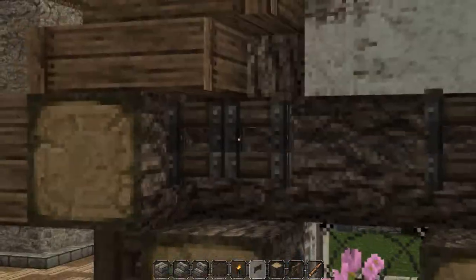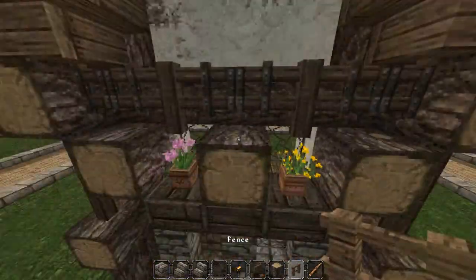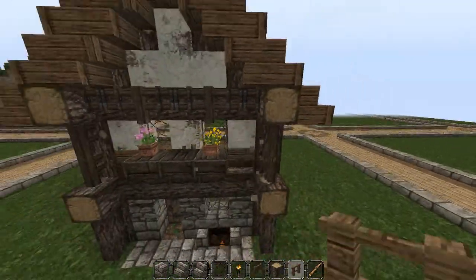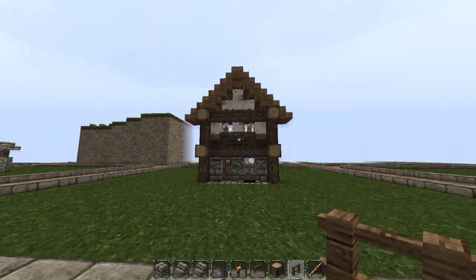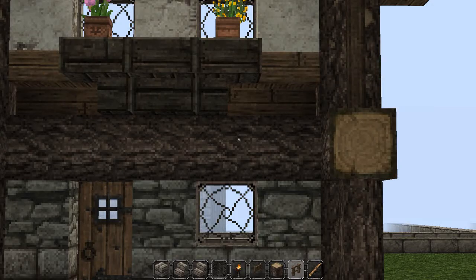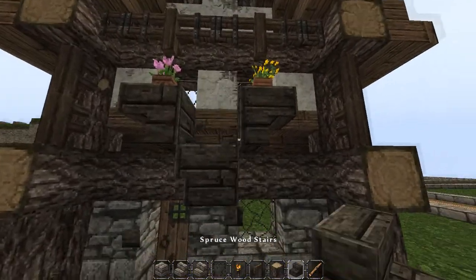So we get these fence gates like this, and you can either go along in a straight line, or you can add fences in between like that, and that just makes this a little bit more interesting as well. So we've got quite a lot of detail going on now, and in fact, I'm actually going to drop that down,